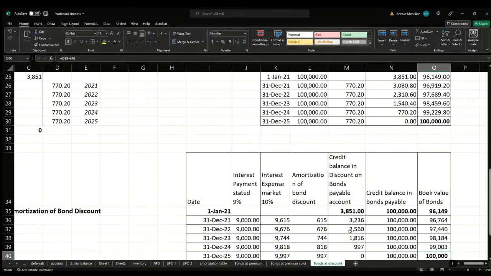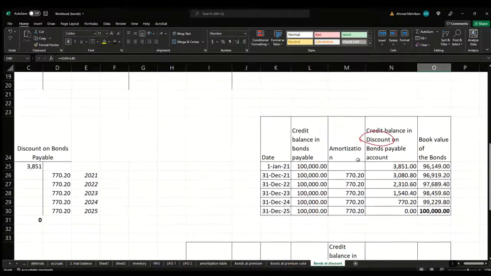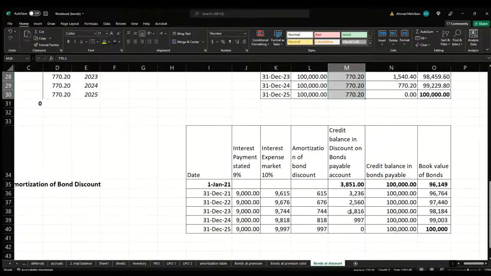Now, if we compare these differences, they are obviously visible in the amortization amounts. As you can see, in the straight line method it's constantly 770.20, while in the amortization of the bond discount it gives me different amounts that slowly but steadily increase up until the end of the amortization of the bond issued at discount, and that's how it works. You can also see that the interest expense is also going to increase gradually,